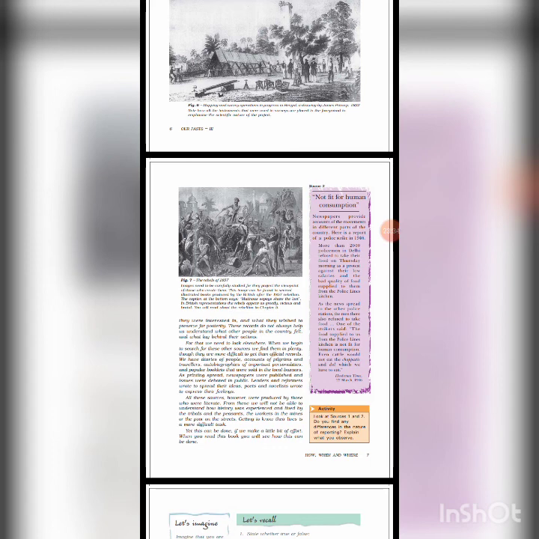These records do not always help us to understand what other people in the country felt and what lay behind their actions. To know about these things, we have diaries of people, accounts of pilgrims and travelers, autobiographies of important personalities, etc. All these sources were produced by those who were literate. From these, we will not be able to understand how history was experienced and lived by the tribals and the peasants, the workers in the mines, or the poorest on the street.